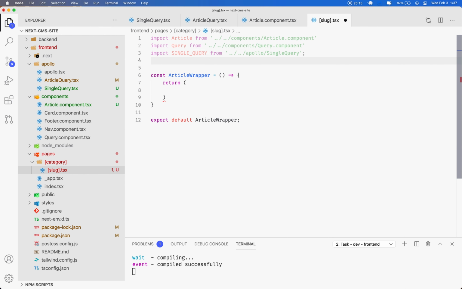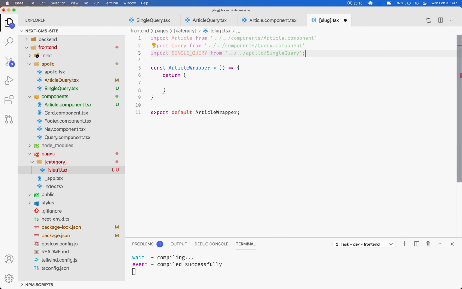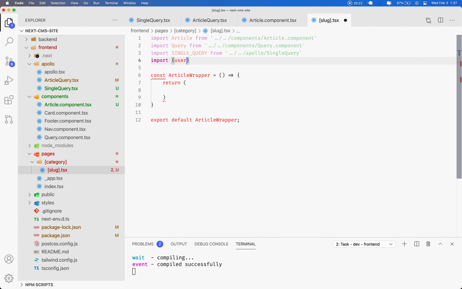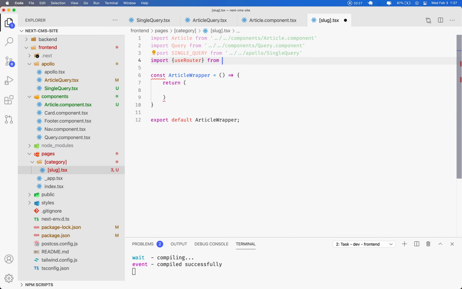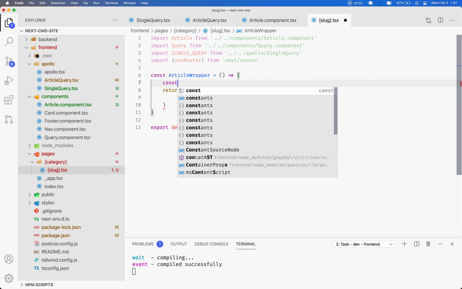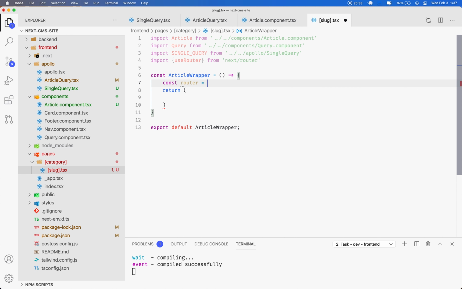And we're gonna need our next router. So we're gonna import use router, and this is gonna be from the next router. Okay, and then we're just gonna need to initialize our router with use router, and from there is where we can return our query component,